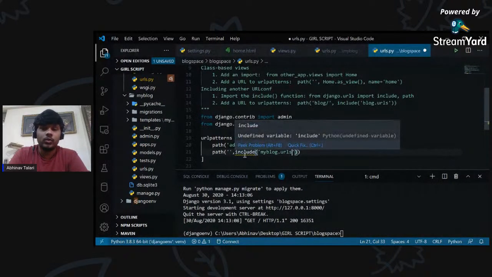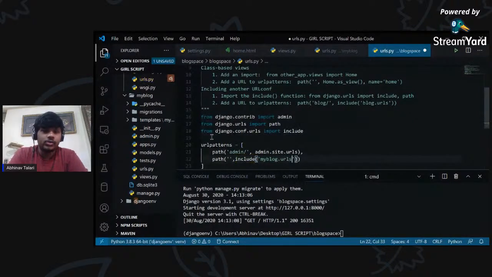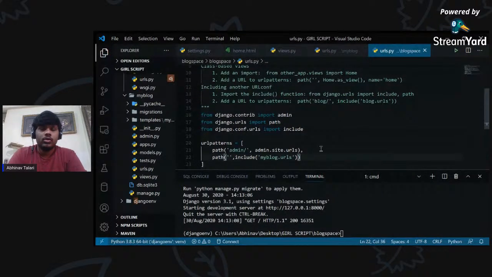As you can see, this include was not imported already, so we'll have to write this line also, that is from django.conf.urls import include. So once you've done that,